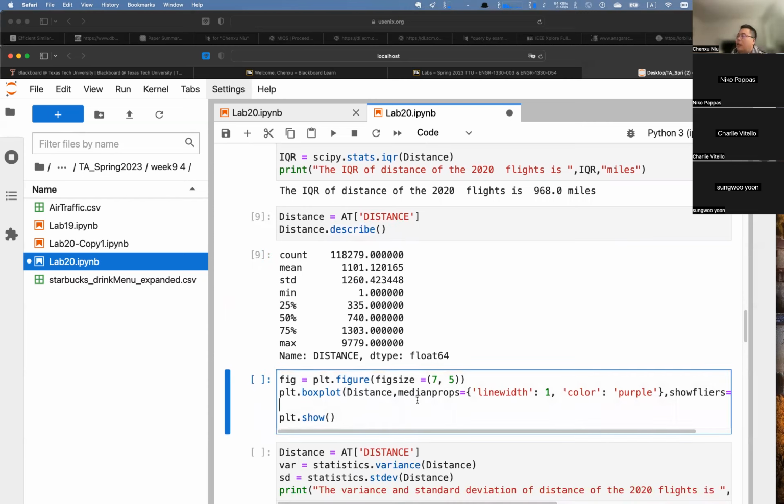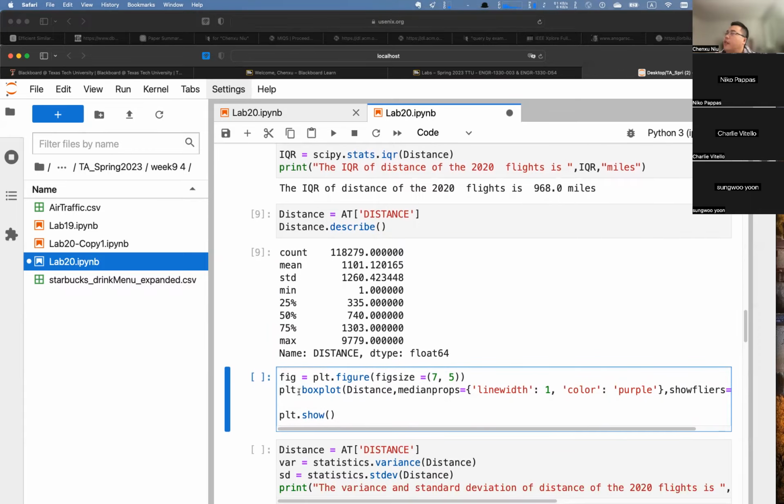And next one is about how to draw a box plot. So box plot is another way. So we learned to use the plt.bar to draw a bar plot, and plt.plot to draw a line plot, and the scatter plot and the histograms, right? And today we need to use the box plot. Then it's the same thing, right? So we use this distance as the y-axis because there's only one